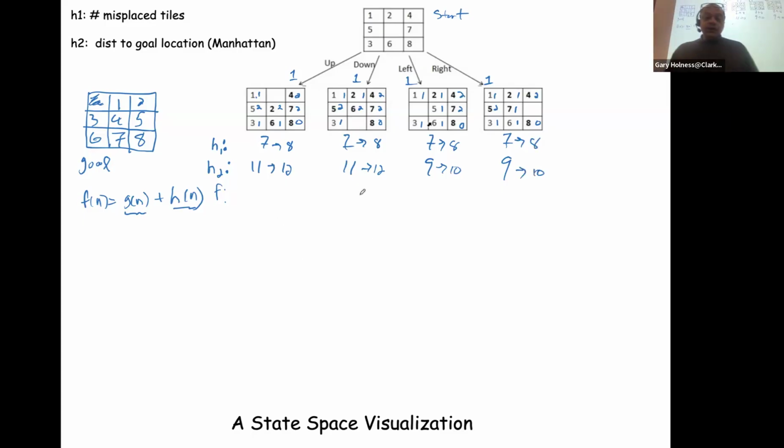Okay. And so you'll notice in all cases, H2 is greater than H1, right? As we said from our example from last time, H2 dominates H1. And we said that the admissible heuristic that is larger in value is a better heuristic, okay? So in this case, when we make our selection using H1,